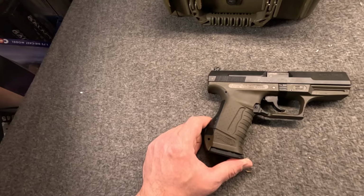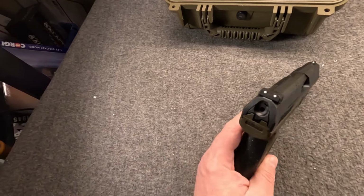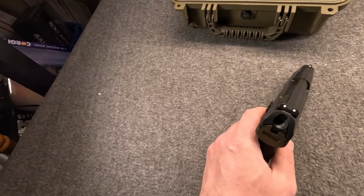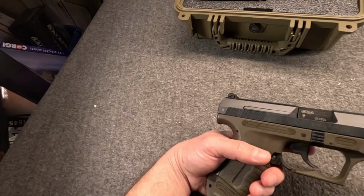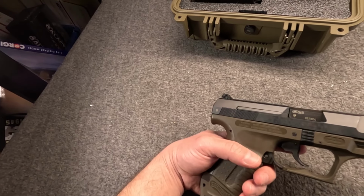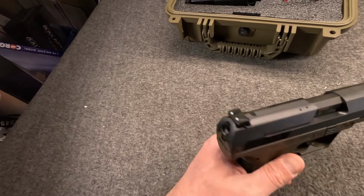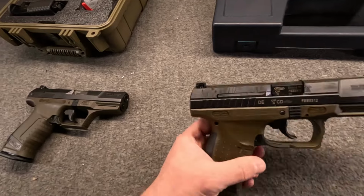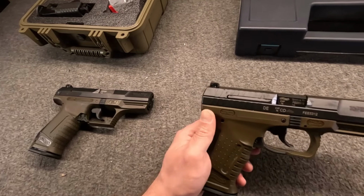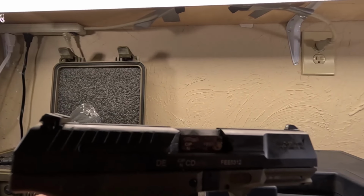Now, when Walther designed this gun, they really consulted European police, some militaries, but they really didn't consult anyone in North America. So some issues were felt to be in this gun. And that's how we end up with what this represents, our final edition, Gen 2. This would first appear in 2004,